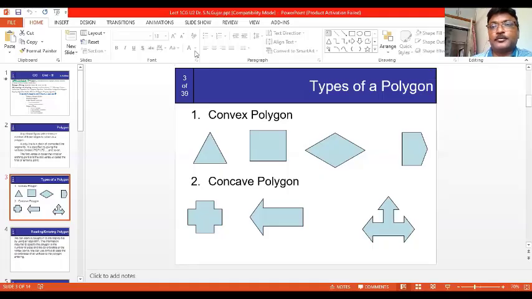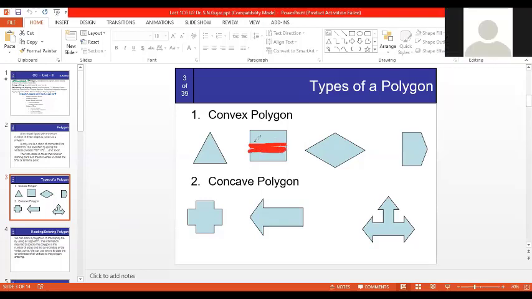Suppose this is your square. You want to fill half like this, up to the below portion, either vertical or horizontal.